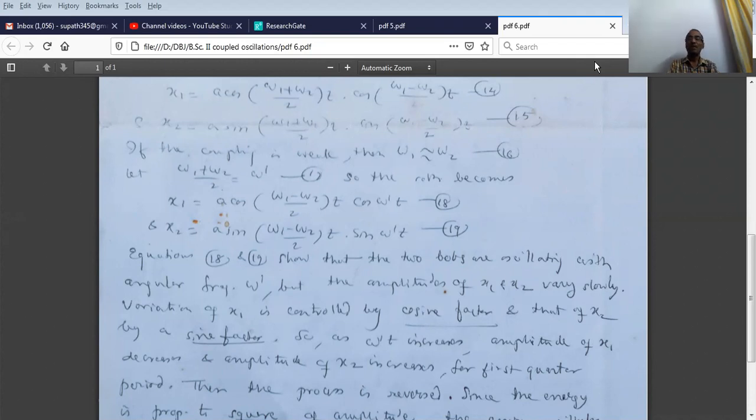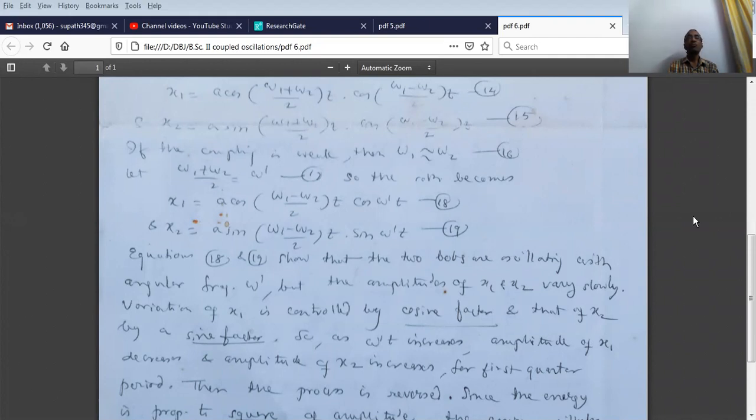Let (omega 1 plus omega 2) divided by 2 equal to omega dash. Equation number 17. So, the solution becomes